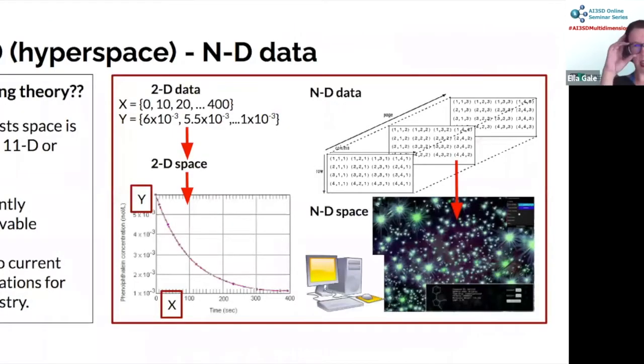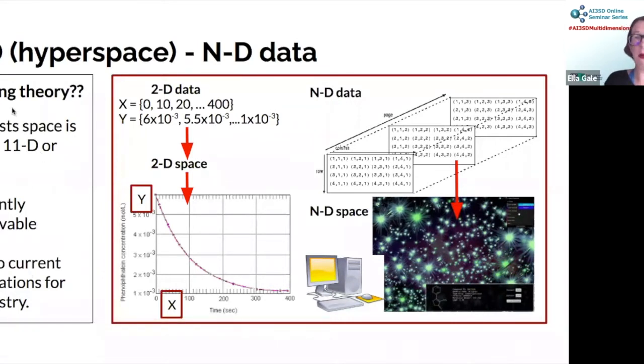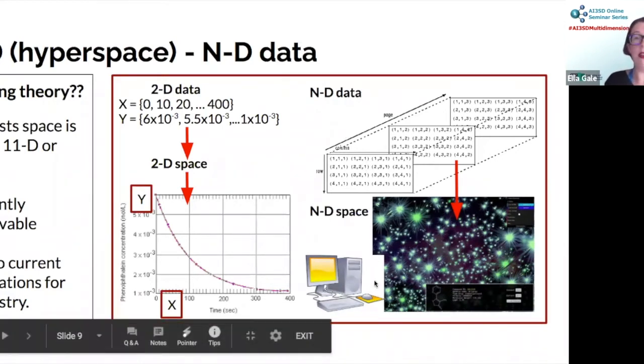And now based on that, where are we going now? So in the Renaissance, the understanding of how to represent three-dimensional space and two-dimensional data seemed to open up a lot of technologies. We've had 100 years of thinking about higher than 3 dimensions. Now, I've put string theory on here because it exists, but it really has nothing to do with the talk. What I think is important at the moment is that we have n-dimensional data, which allows us to do much more interesting, much deeper analyses and find out more things. And we can only do that because of computers.